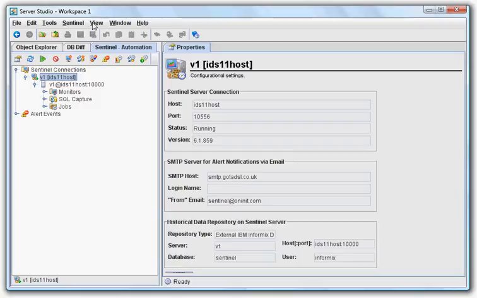This is all done within the Sentinel service, so we use Service Studio just as the front end to define what things we want to monitor. Thereafter it's actually done by the background Sentinel service. So in the Sentinel pane under Monitors, to illustrate this, I've got an example set up, which is connected sessions,